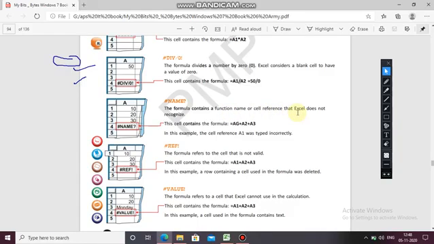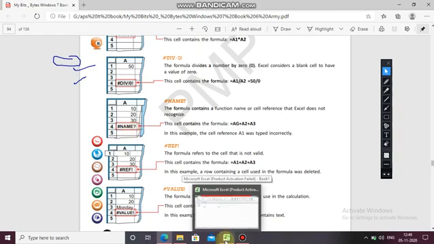You have given the cell reference which Excel cannot find. So the cell contains the formula AG plus A2 plus A3. In this example, the cell reference A1 was typed incorrectly. So see, #NAME?.